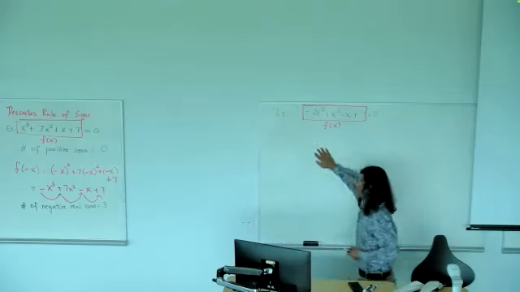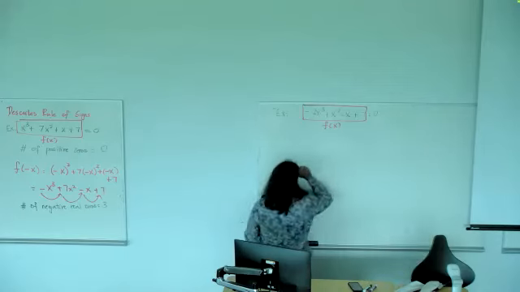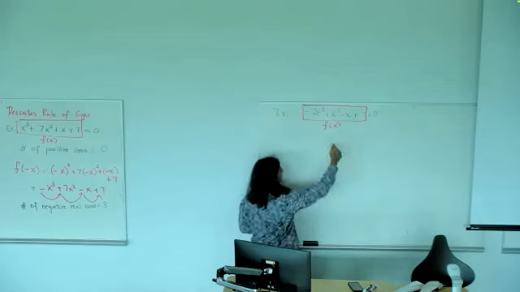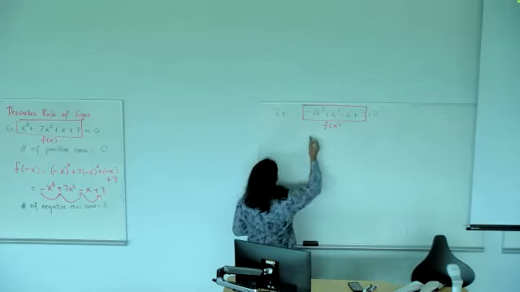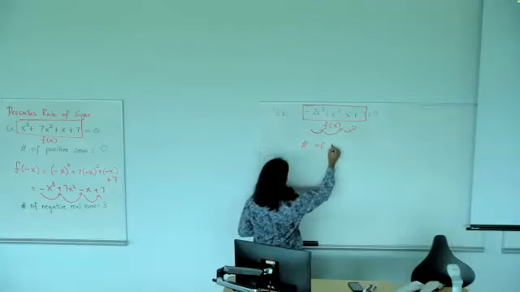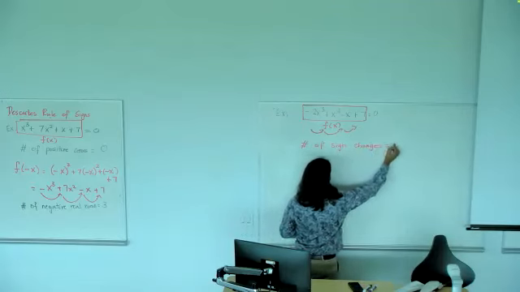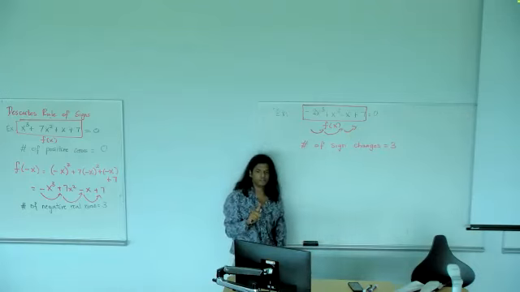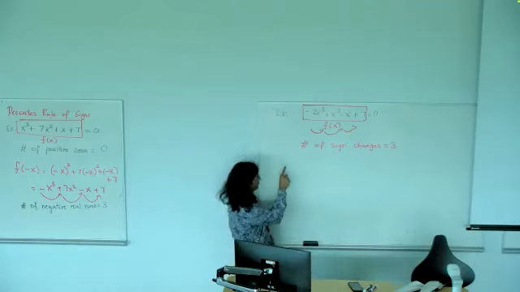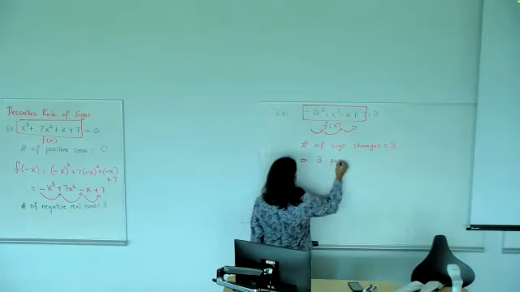So don't just put the answer as 3 zeros. We all know it's not 3 zeros. That would defeat the purpose of the rule. How many sign changes do we observe? Minus the plus 1, 2, 3. And all of those 3 sign changes occur for the original function f of x. This would mean there are 3 positive